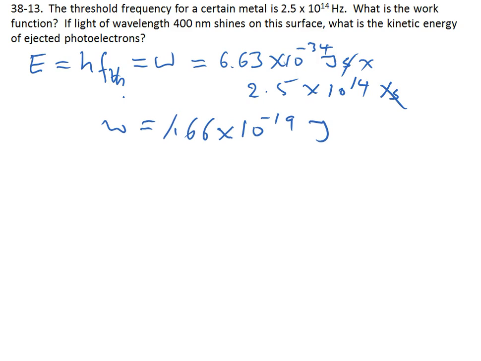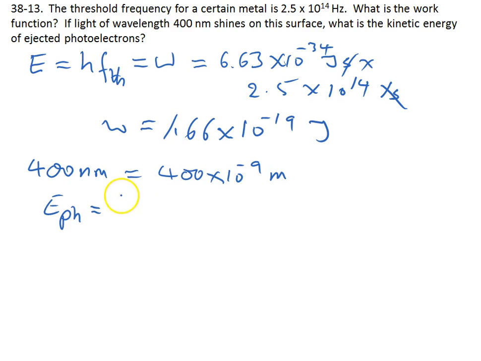So now for the second part, we're given light of wavelength 400 nanometers, and a nanometer is 10 to the minus 9 meters, so this is equal to 400 times 10 to the minus 9 meters. So we need to calculate the energy corresponding to that wavelength. So the energy of the photon is equal to hc over lambda, which is equal to